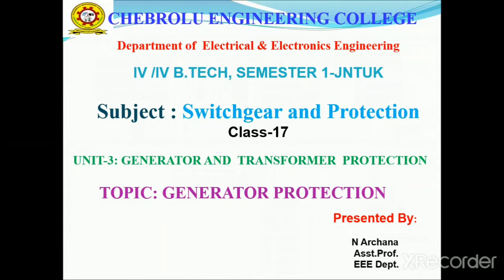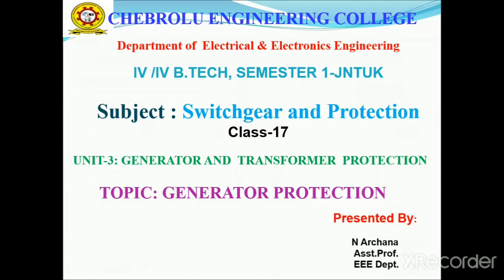The generators and the transformers are among the major equipments in a power system. That's why we give separate protection for the generators and the transformers; it is one of the major important criteria in a power system. In a generating system or a distribution system, the most costly equipments are the generators and the transformers. That's why we give them separate protection.